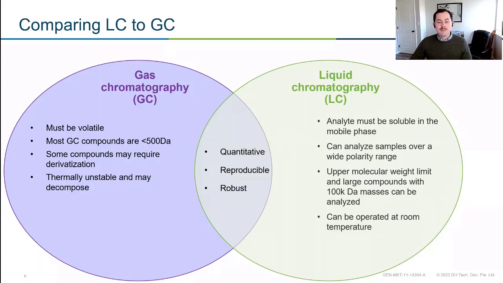Additionally, for GC analysis, we're typically talking about relatively small compounds, most of the time sub 500 Daltons. My background is in environmental science, so that's the area I deal in. But I know many of you study things like polymers and proteins that are much, much larger. GC might not be a great approach for those larger compounds. It really isn't, compared to LC, where we can look at some really large compounds, things that are 100,000 Daltons instead of just 500 Daltons. But regardless of which approach you take, which one's right for your sample, both are quantitative, robust, and reproducible. They've been around for a long time, and we use them all the time in the lab to complement each other.